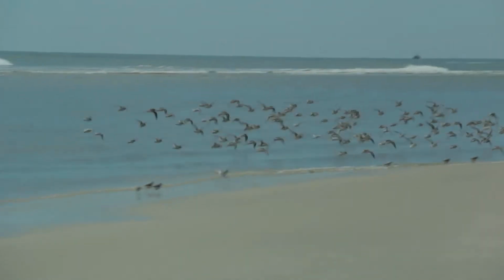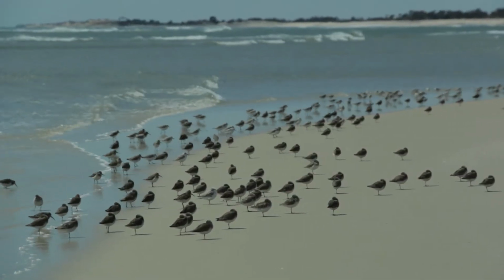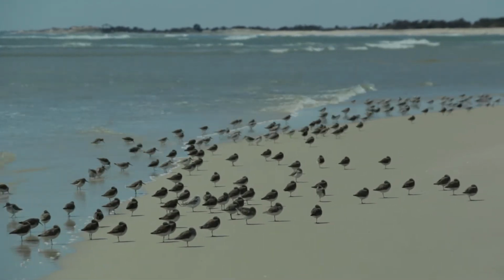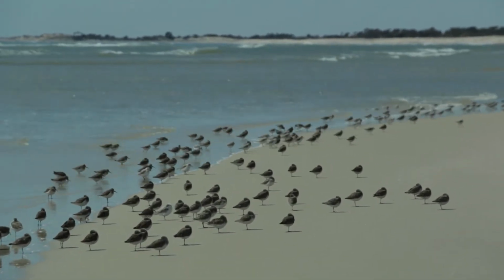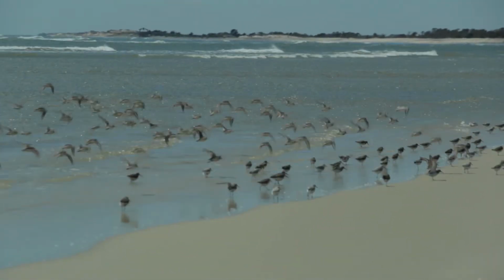With sea levels predicted to rise up to 2 meters over the next 100 years, piping plovers on Fire Island will have to confront flooding and displacement. Because of its low elevation and limited sediment supply, Fire Island will struggle to accumulate enough sand to outpace sea